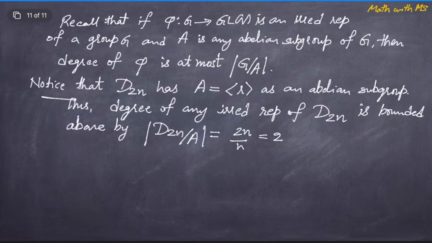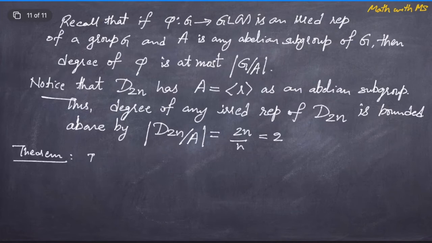We have already computed all the degree 1 representations of the dihedral group, and we know that if n is even, then there are 4 such representations, and if n is odd, then there are 2 such degree 1 representations. But we also computed the number of conjugacy classes in the dihedral group, which is pretty big depending on the parity of n. So there are definitely many degree 2 representations of the dihedral group D_2n. So let us compute them now.